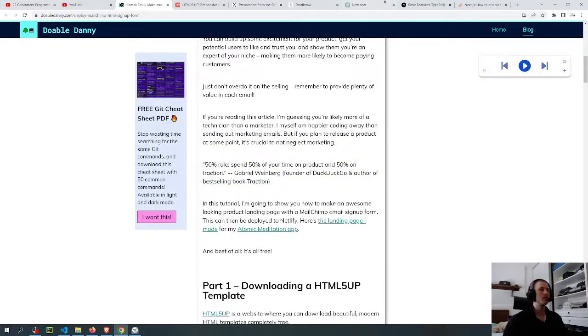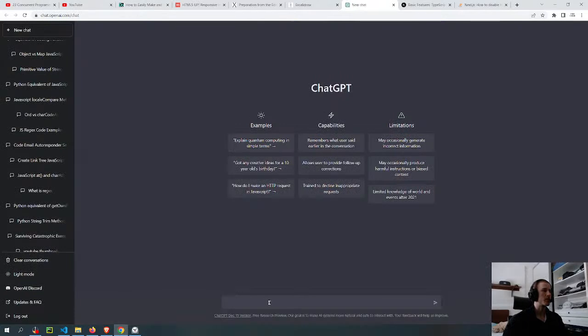50% rule. I think this is something interesting to ask the ChatGPT. I don't think it's gonna give me a clear answer, but the biggest issue with Next.js is the whole MetaMask thing. That it doesn't work really well with Next.js.